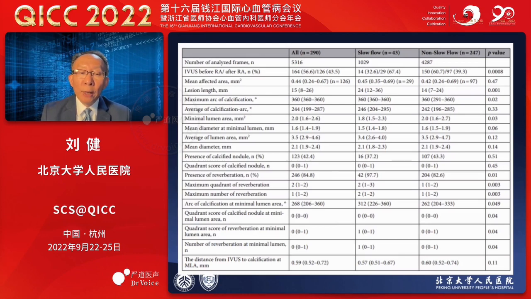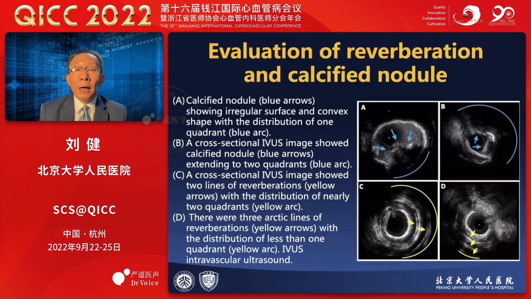we can also see that for the atherectomy, probably it has an effect, but for the calcified nodules, we found that it is rough, and then sometimes it protrudes into the vessel, and that is a very important reason leading to poor expansion of the stent. And I think IVUS can help us to understand the calcified nodules, and also for IVUS, it can help us to understand